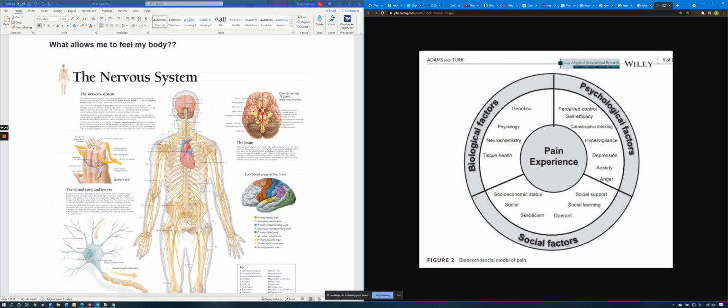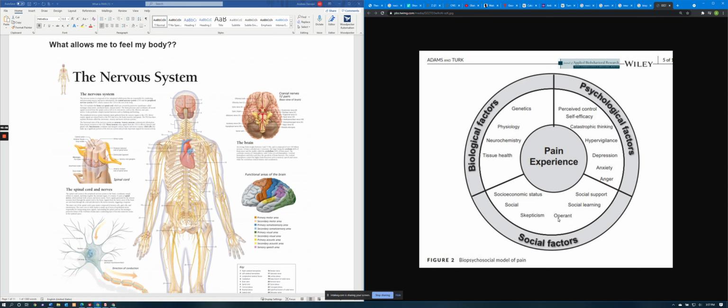It doesn't necessarily come back to tissue health, because tissue health goes back to that. So I'm going to probably eventually end up creating my own versions of all of these, because I don't think any of these are sufficient in really helping people understand the complexity of pain. The last thing I just want to point out here is something very important, which I've mentioned a few times,